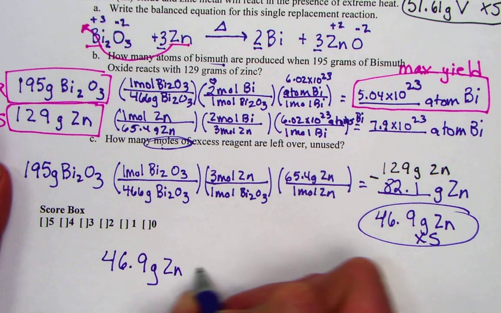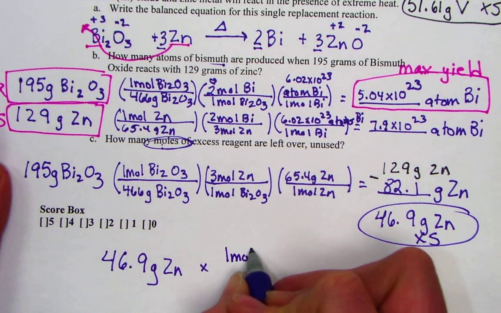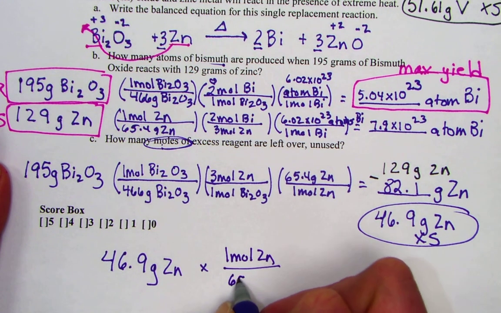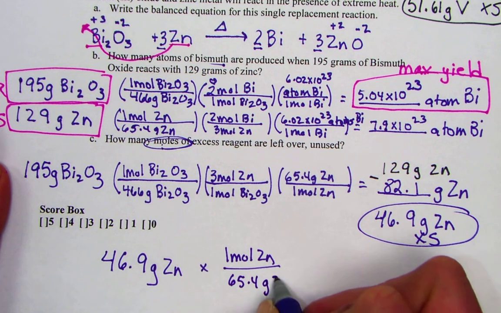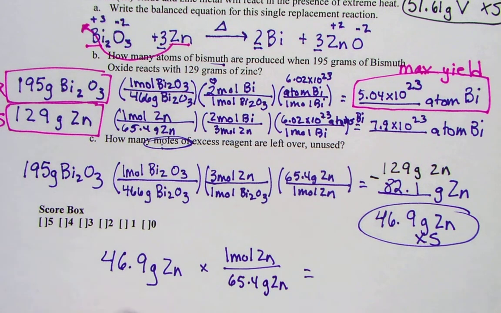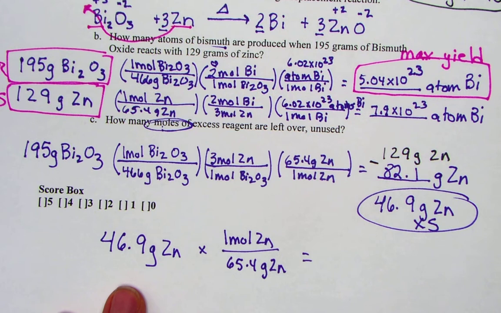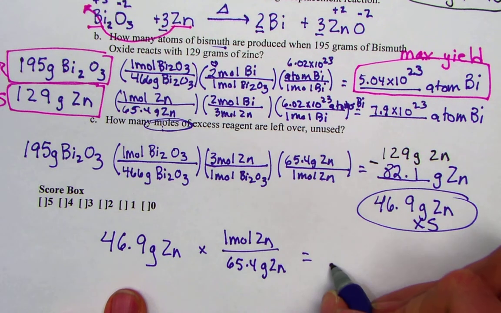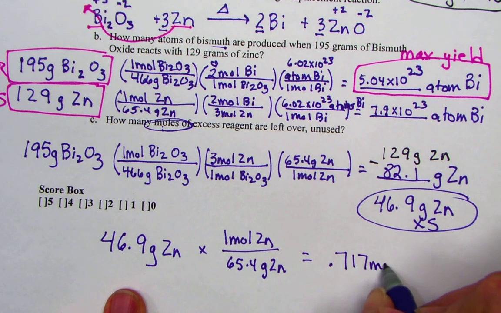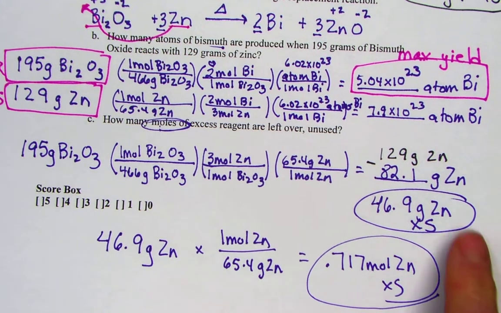46.9 grams of zinc. We'll use the molar mass of zinc, which is 65.4, and we'll report our answer in a mole. So on my calculator, I still have 46.9. I'll just simply divide by 65.4, and I come up with 0.717 moles of zinc in excess amounts. So not only have I reported it